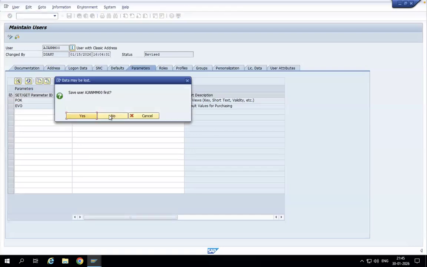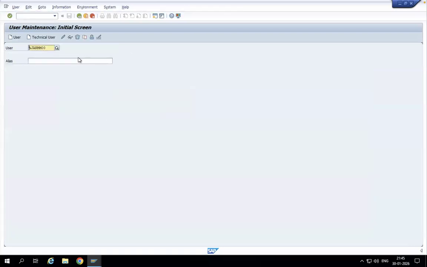Also, I'm not saving this, and you will have the same indicator in the business partner, supplier data as well. I mean, in the purchasing data, acknowledgement required. So you can go and check it there as well. So these are the places where we can have the acknowledgement required indicator available, and whatever is suitable can be used. Now, coming to the confirmation category